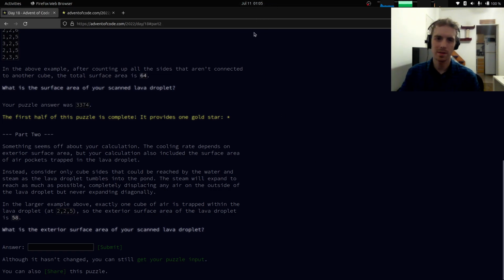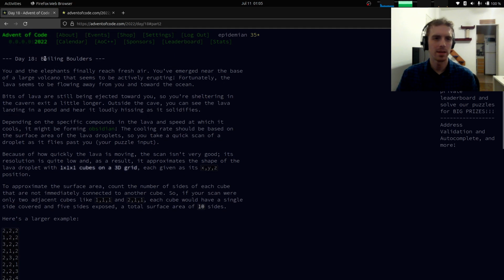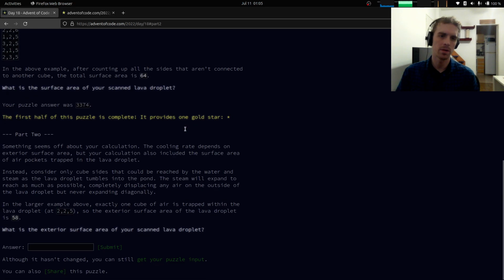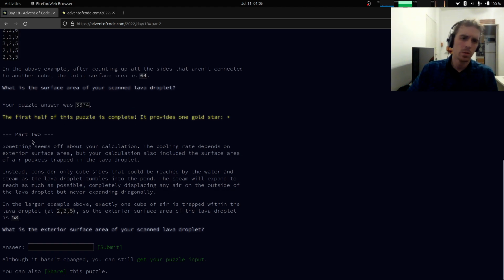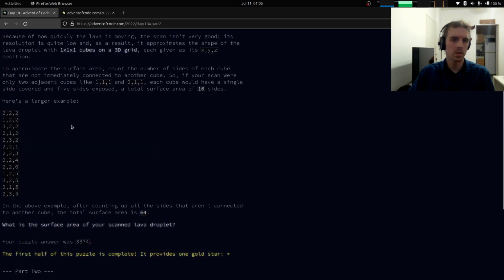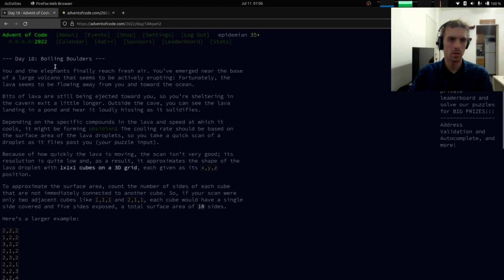It's 1 in the morning, but I guess we can continue now the 18th puzzle of Advent of Code. So yeah, we are just going to continue where we left off, which is part 2. We got to the solution of part 1. It was a pretty easy puzzle where we computed the exposed surface of a lava droplet or boulder,